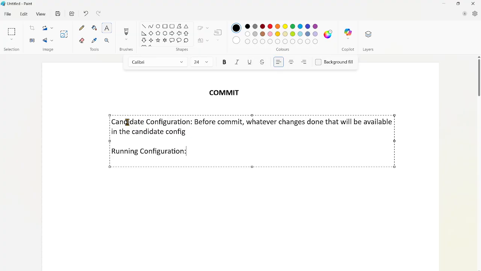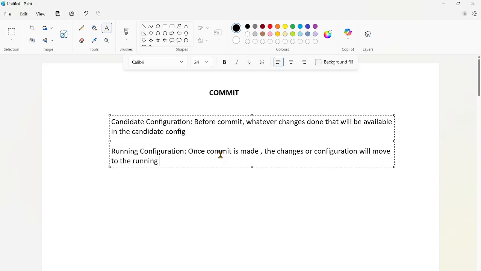To move the candidate config to the running config, we have to do a commit. Once you click on commit, the configuration will move from candidate config to running config. The commit has to be 100% successful, and only then will the changes be reflected in the configuration.